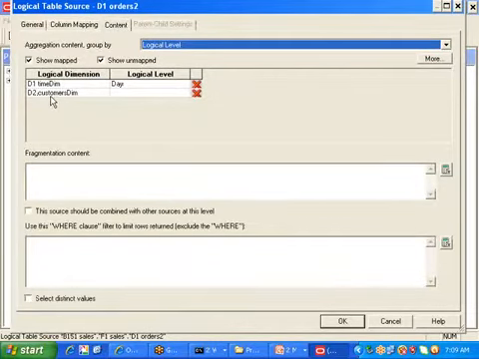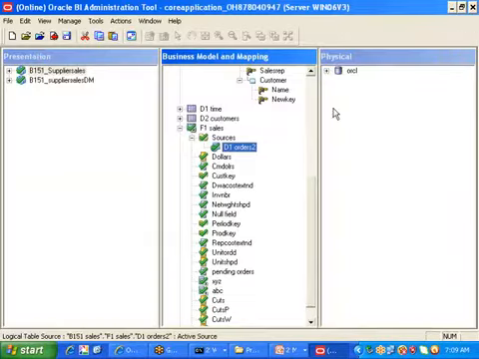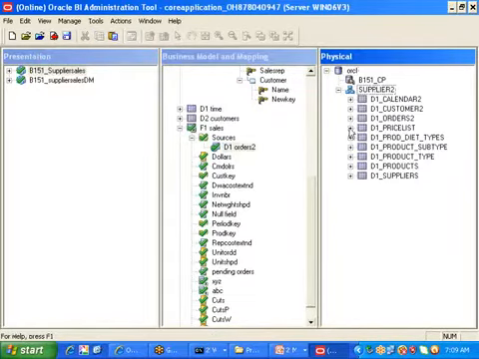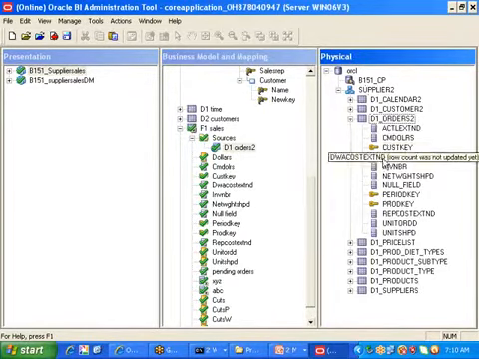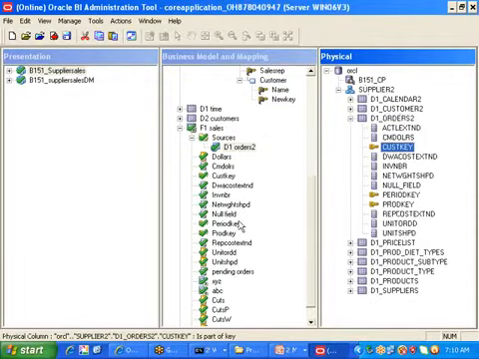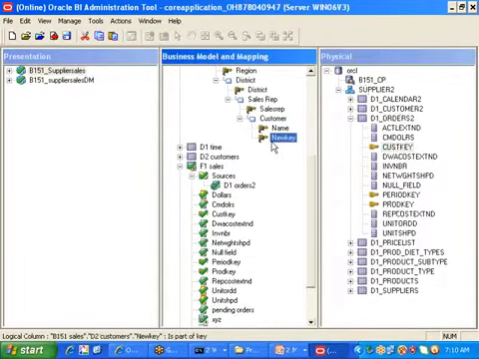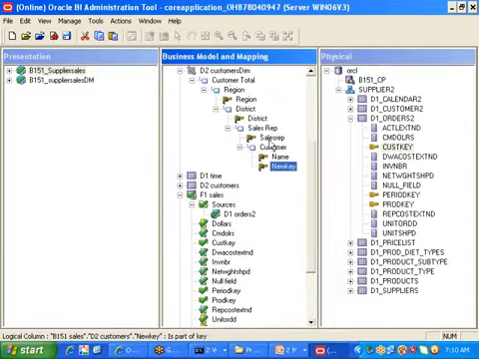Then what happens here? Customer dimension is there, but here I don't have what level of data with respect to customer. What level of data does D1 orders contain? What is the column with respect to customer-related column? What is the column available in this one, corresponding to customer? Customer key. Customer key is available in which level, sir? Here.